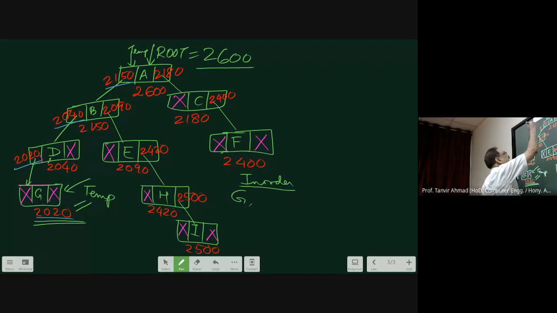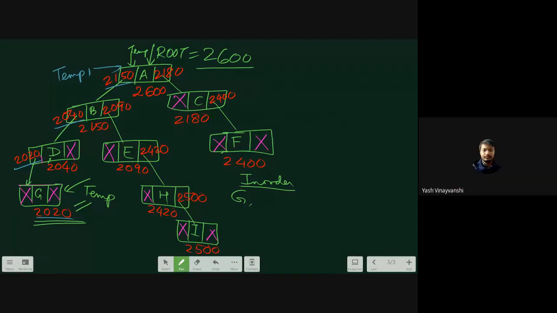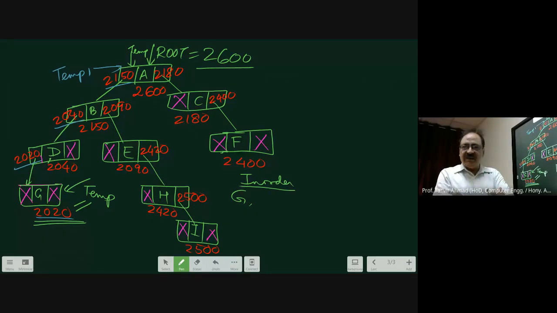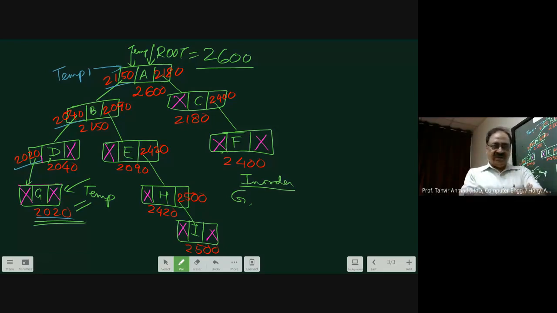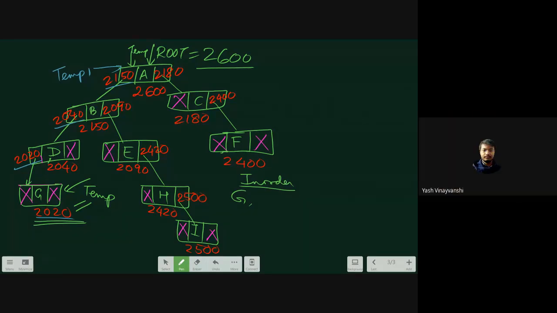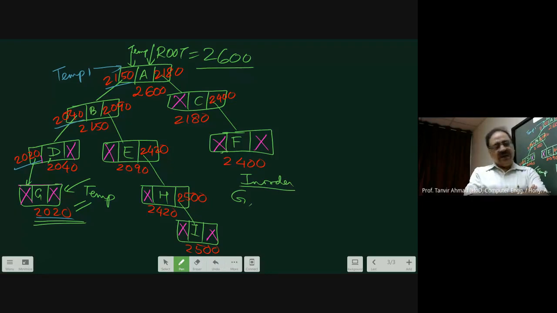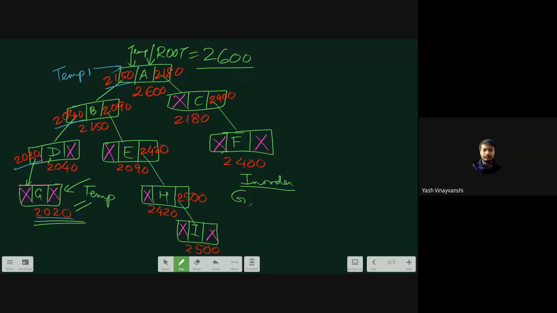Okay, then fine. I take temp1 over here. Now tell me. Now sir, we'll traverse to the left of the tree every time with temp1. Temp is already there. Temp1 will come to B. Then again a left traversal and it will come to D. And then it will encounter temp next. So we have reached the parent of G. Correct.